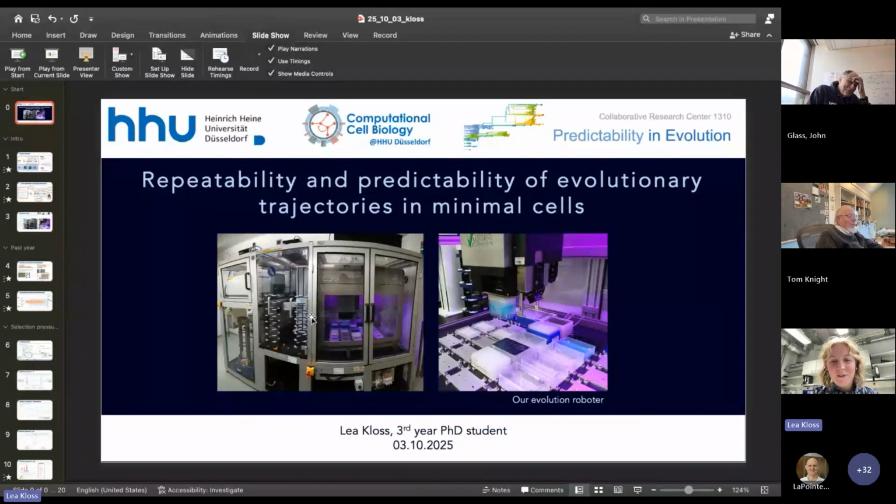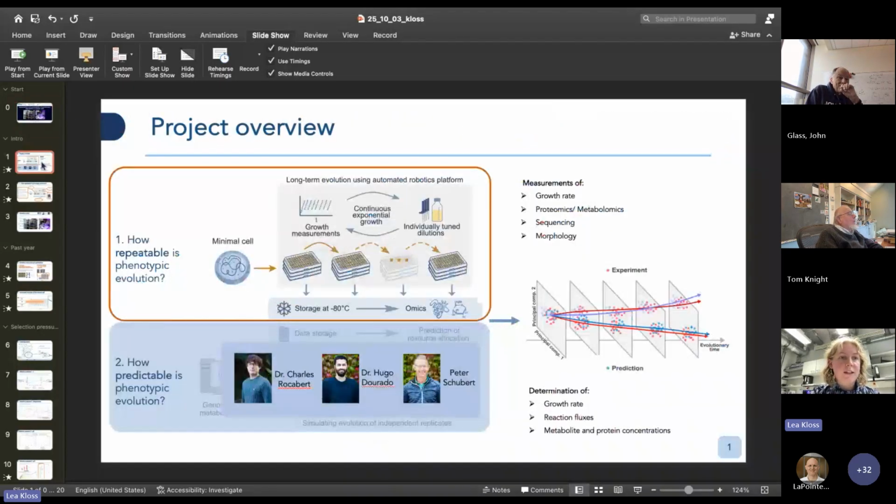So I'm Lea, I'm a third-year PhD student, and this is already my third time speaking at this workshop, so I really appreciate this. And I'm going to talk about what I've been doing in the past years today, about my PhD project, which is,